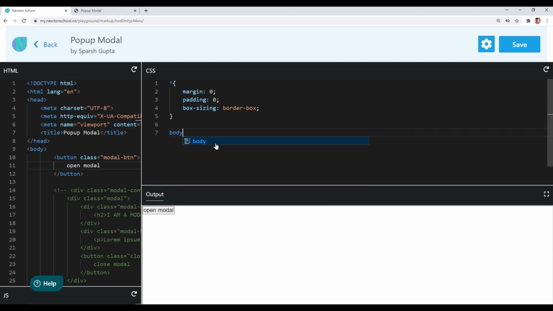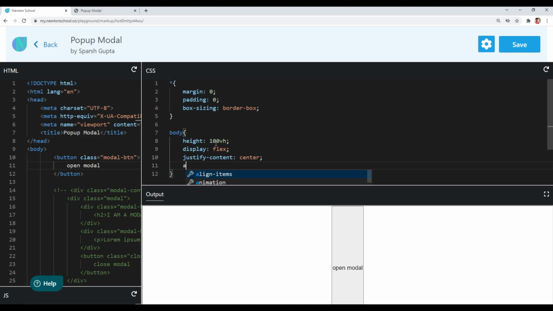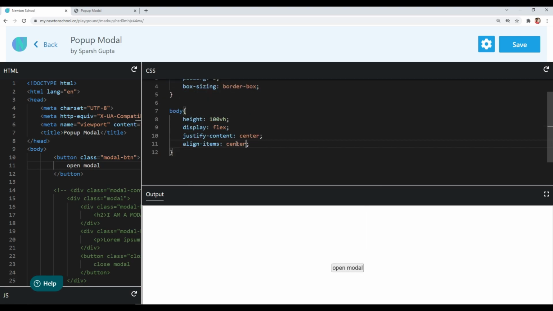So I will style the body tag, and again I will use the flex method to center our modal button. So first of all I will give it a height of 100 VH, and now I will use display flex on it and justify content center to align our open modal button horizontally center and align item center to align our open modal button vertically center.